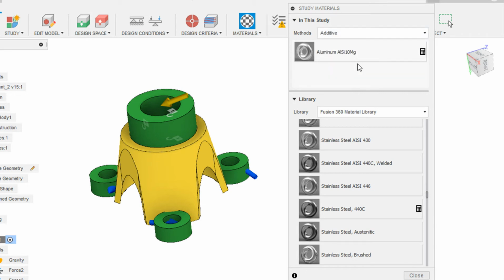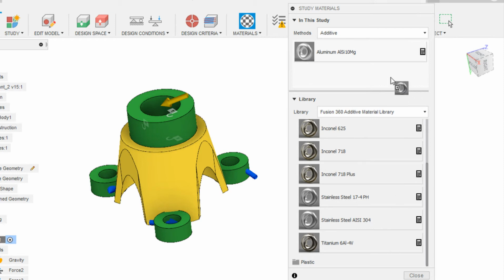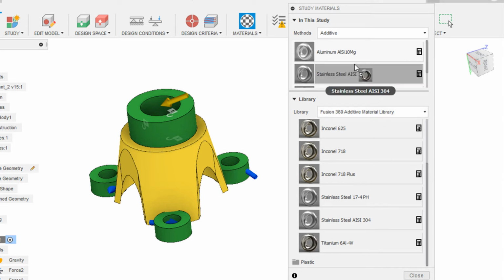for additive, I'm going to switch to the additive material library. Then I'm going to add SS304, titanium. Perfect.